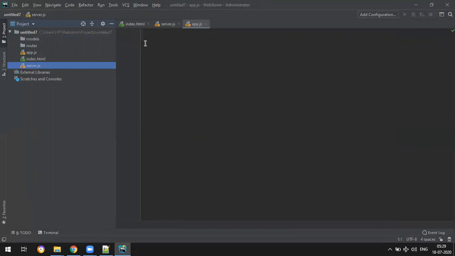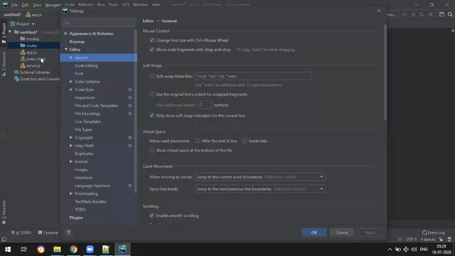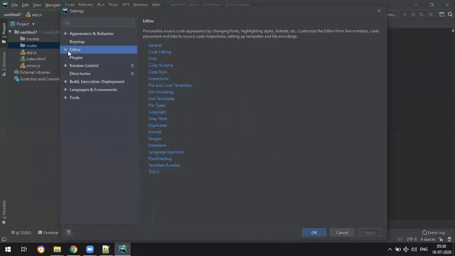Okay. The very first extra thing now is icons. I don't like these icons. I wanted to make nice icons here. If you want to get some rich icons, the icon itself will indicate what it is, even for the folder. For that you can install one separate plugin. I'll tell you how to install plugins in WebStorm. You can just click on file, go to settings. See the folders, very dark color folders. I don't want that. I want some rich colorful folders based on the name.